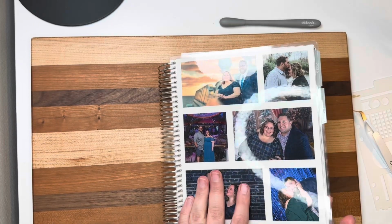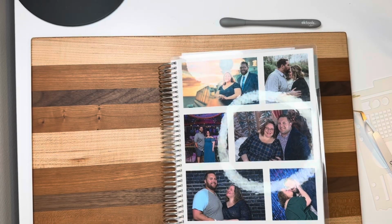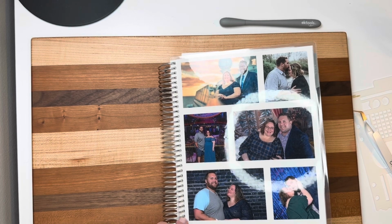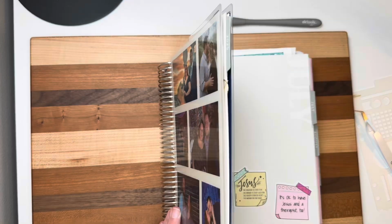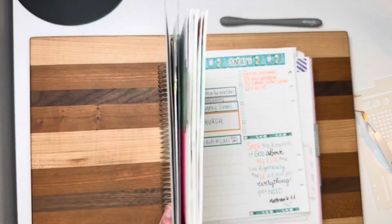So anyway, I thought I would give you a little bit of an inside look of my 7x9 daily duo. Maybe I'll do this again at some point, maybe once a month or once every, I don't know, little bit, if you guys want to see it. If not, it's totally not going to hurt my feelings. I know it's not as pretty as